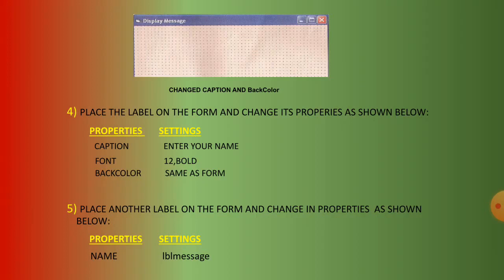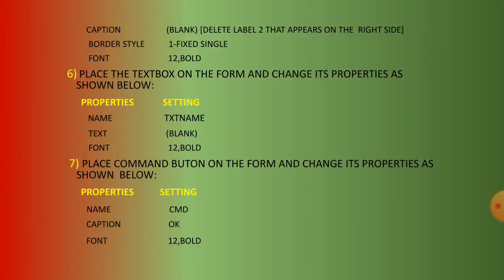LBL message is nothing but label message. And next, making the caption blank. If you don't type anything, just keep it blank. And border style is fixed single. Font will be 12 and bold. So we have taken two label boxes onto the screen. For one label box, we have given "Enter your name", and for the second label box, we have kept it